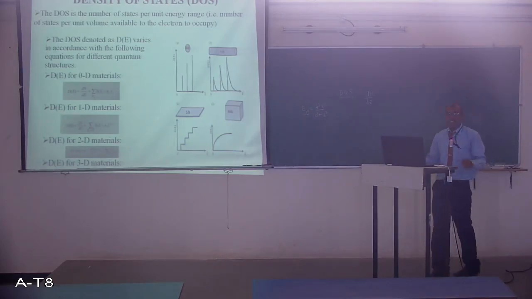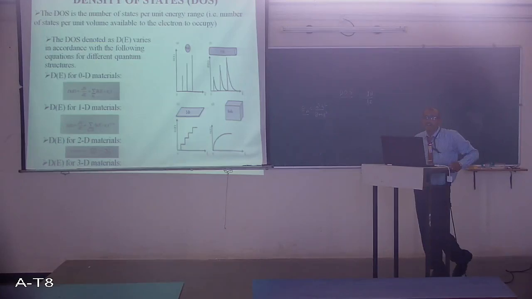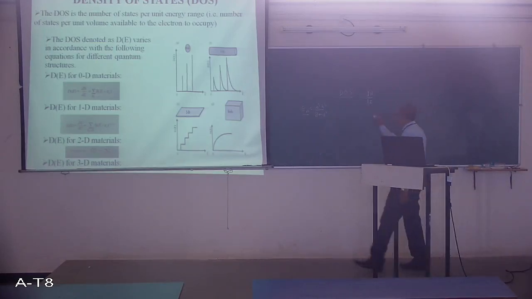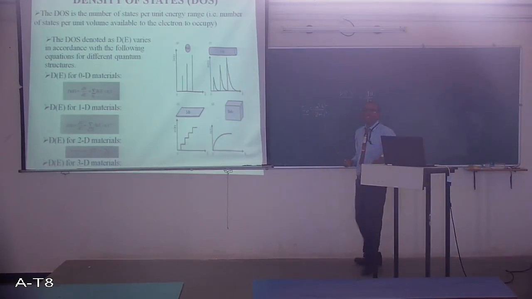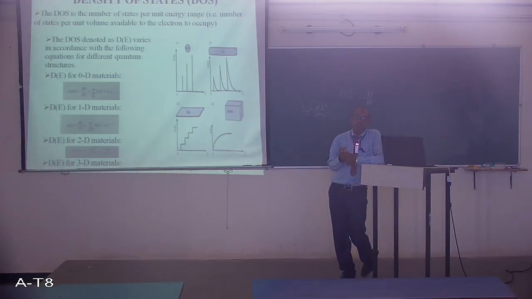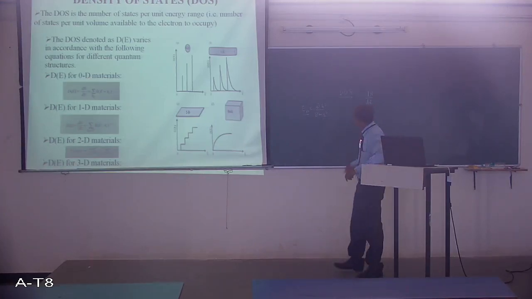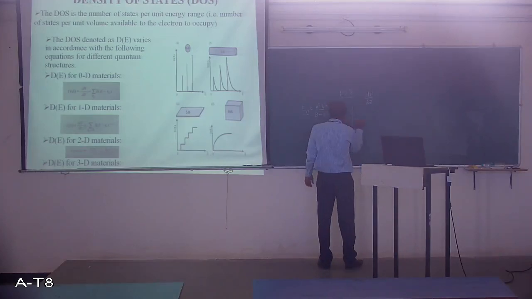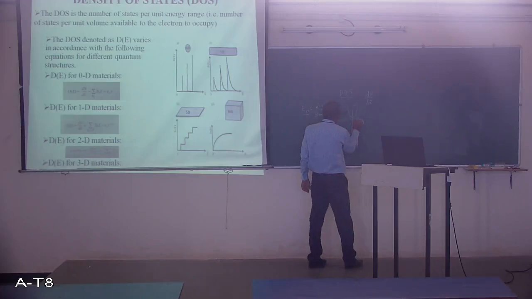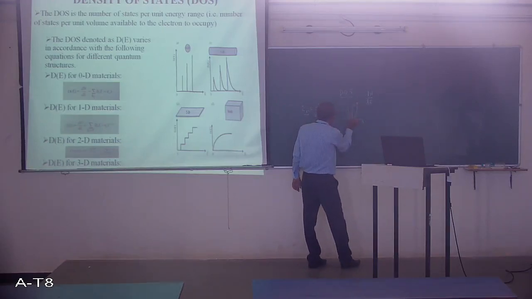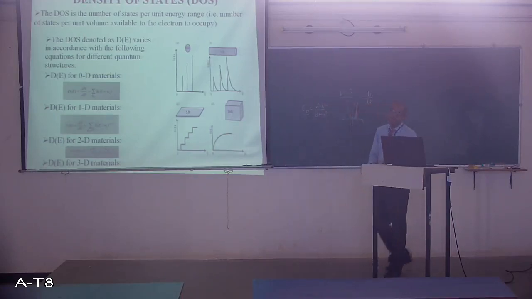Why? Because the particle size is a nanoparticle. So if the difference between the maxima and minima is of the order of 10 to the power of 6, it means if you take the E-K diagram, 10 to the power of 6 states are available from maxima to minima within the small